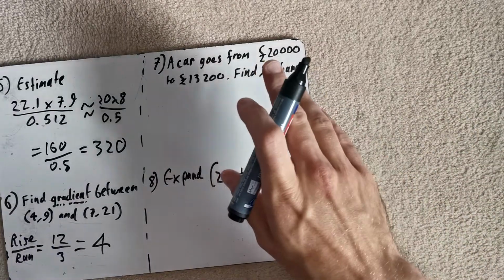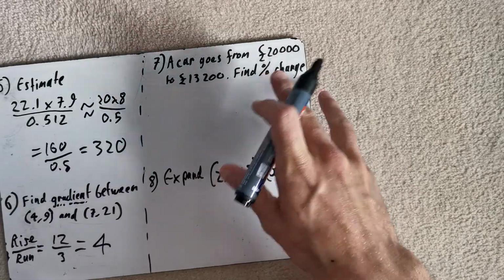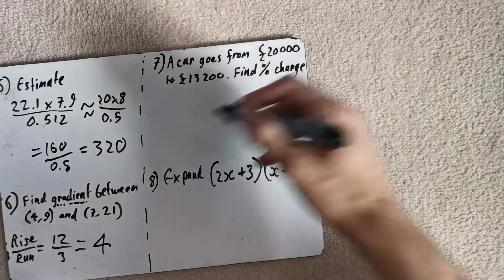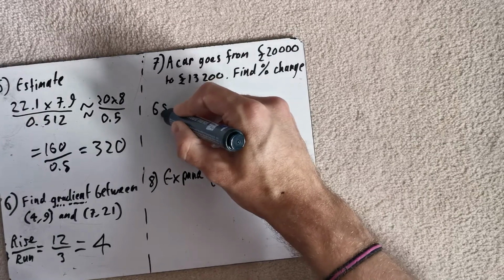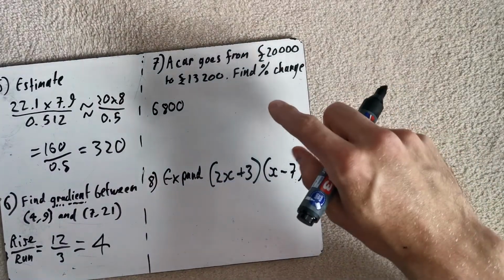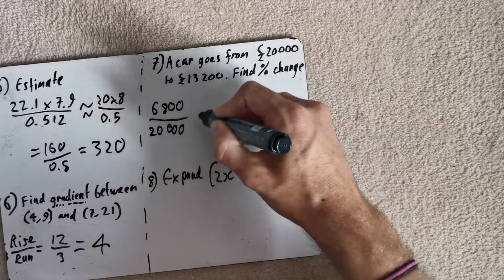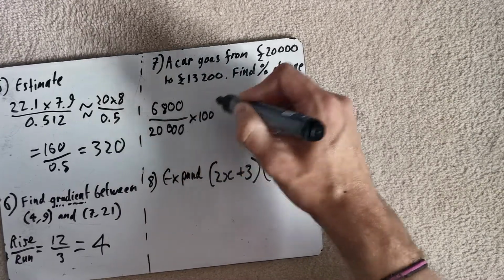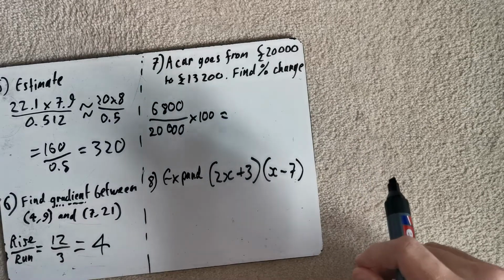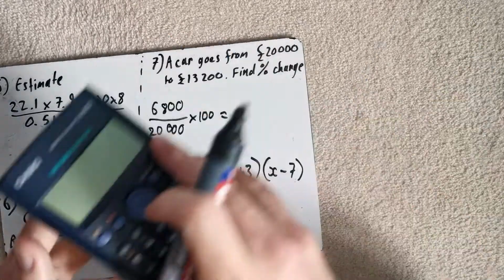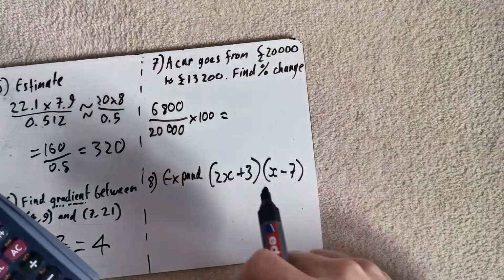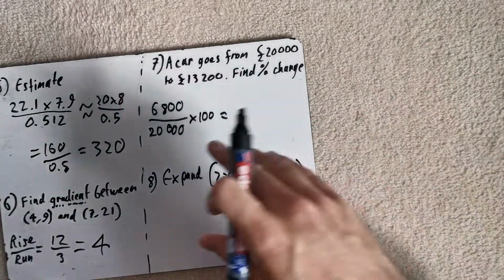So to find the percentage change, you find the difference between them. The difference between them in this case is 6,800. And you divide by the original, and then to turn it into a percentage you times it by 100. Just for quickness I'm going to use my calculator. If you've cancelled it out and done it, put it over 100 for example, it comes out as what,